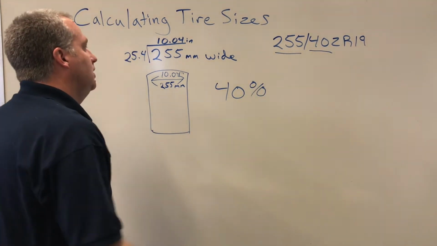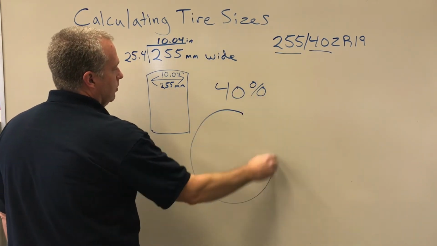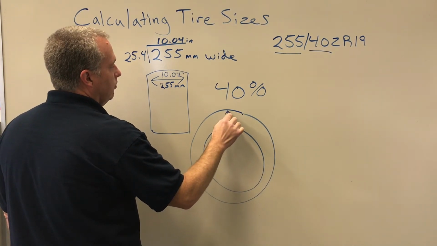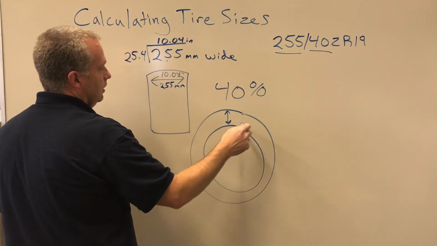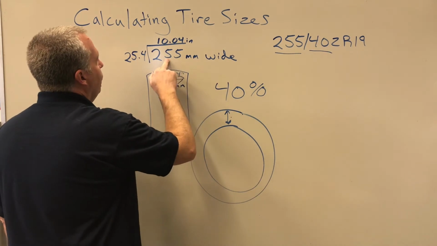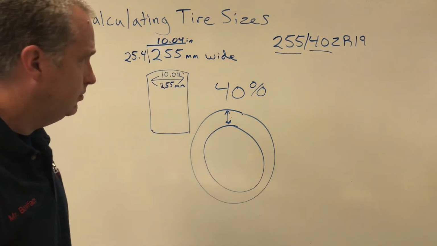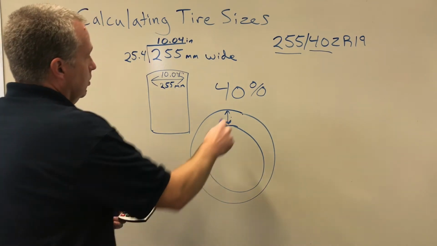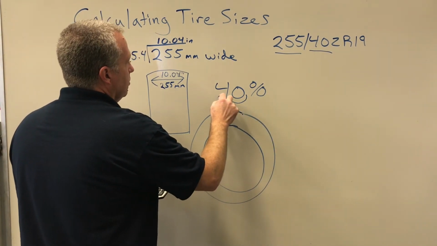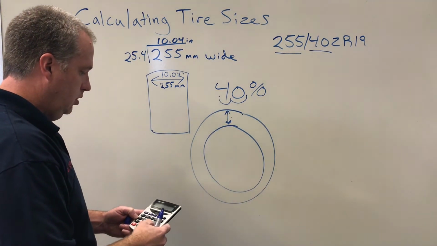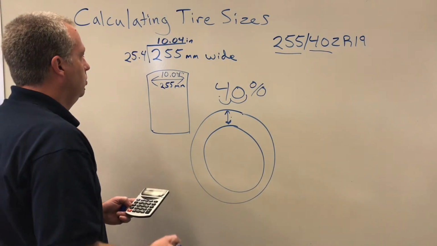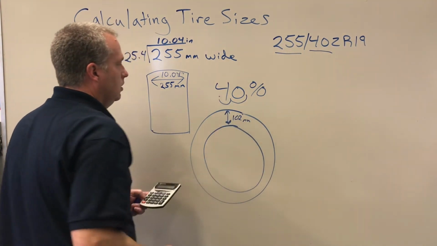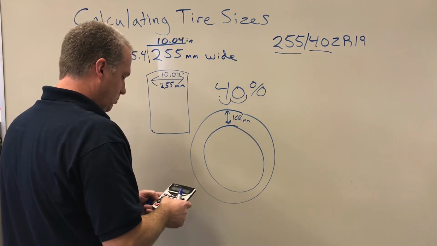The 40% is the tire's sidewall height. If we look at a tire like this, right here is what they're referring to: 40% of the width is this. So how do we figure out 40% of 255? It's actually pretty simple. We take 255 times 40%, we change it to a decimal, so we move the decimal place over, 0.40, equals 102. So this is 102 millimeters. And then when we convert that into inches, divide that by 25.4,